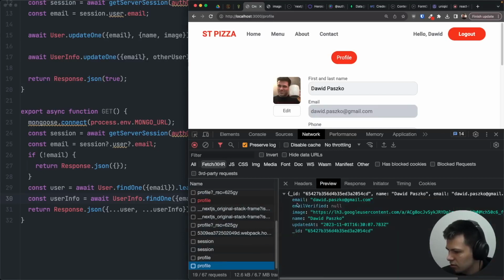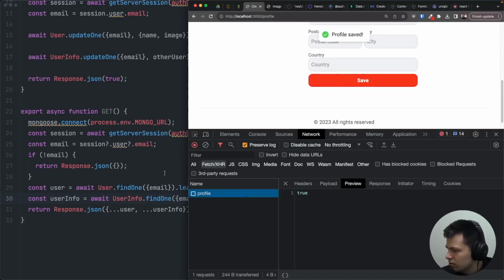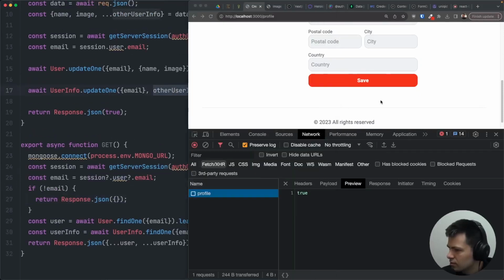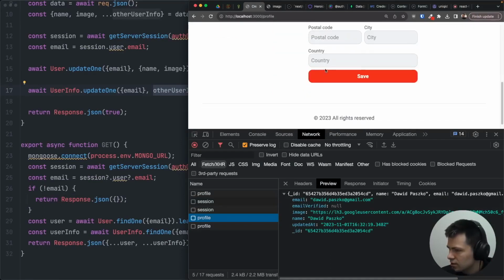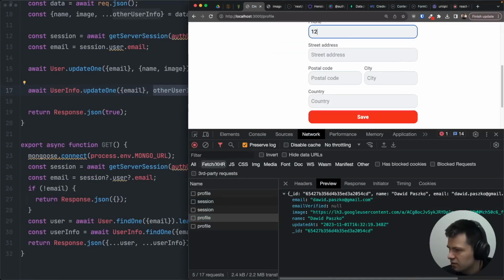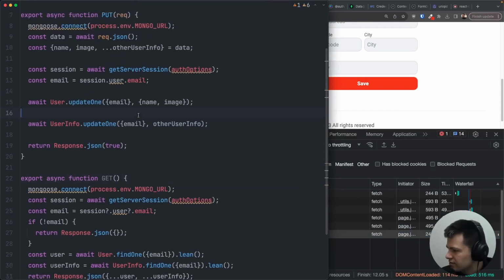So let's do it here, and we have email, and we have, well, I think we have everything, but I don't see my phone number. Let's see if updating works. So I'm going to put phone number 1234. Let's save. Looks like it worked. But if I refresh and I fetch my profile, I don't see my phone number. So let's try again. Let's try to update. Let's see if it's send, save, and we get true from this request. So looks like everything worked, but